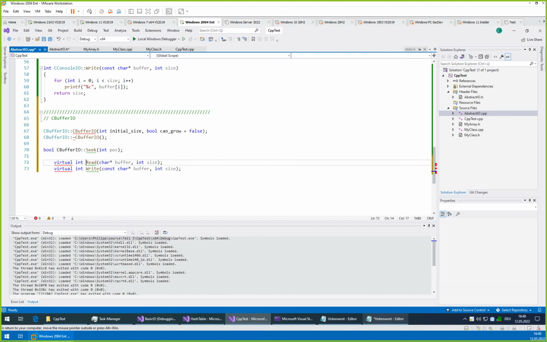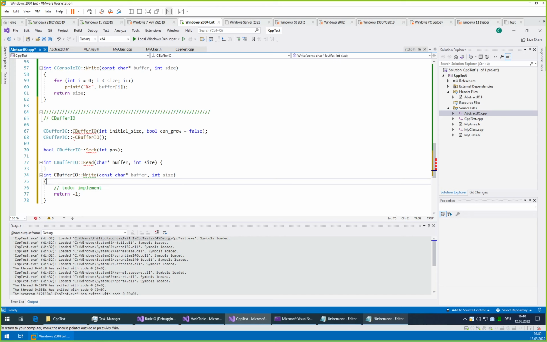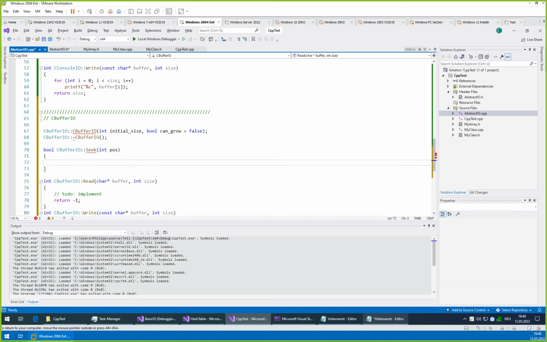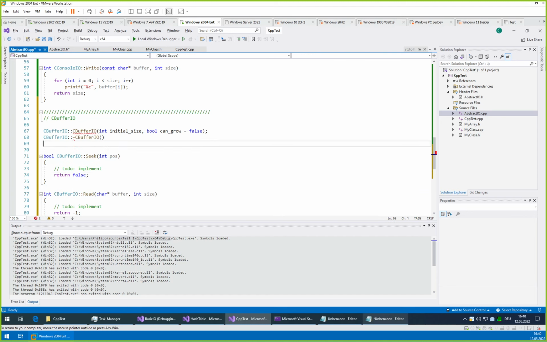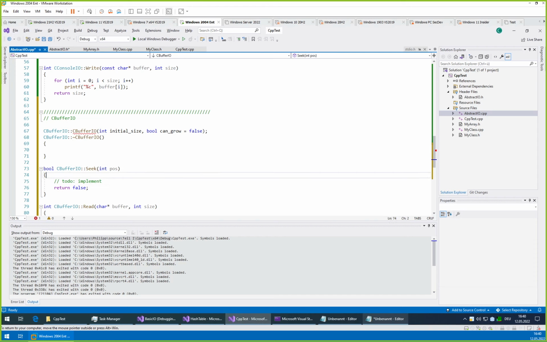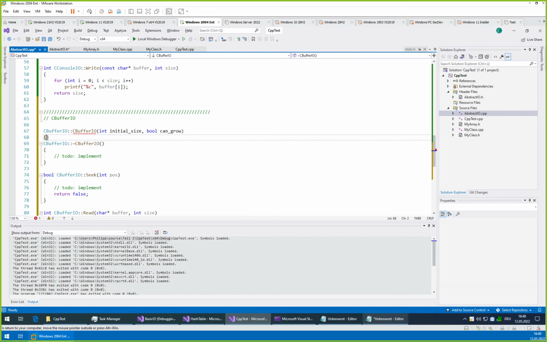So seek needs to be implemented. Read, write. Okay, method minus 1, to do implement. To do implement seek, return false. To do implement BufferIO, also to do implement, but it doesn't return an error. This should not be set.